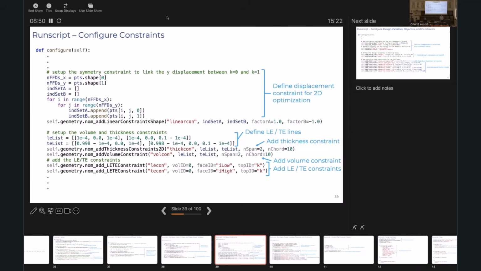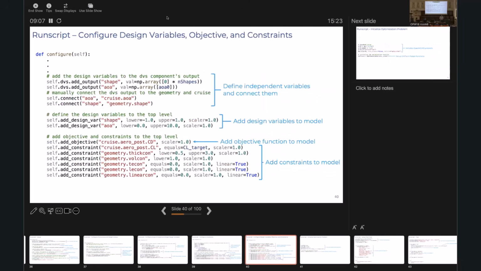We then again add the leading edge and trailing edge lines we would use for the constraints to make sure that we don't add artificial twist just by moving those FFD points up and down. And we add thickness and volume constraints like we mentioned before to make sure that that airfoil doesn't collapse in on itself. We add those trailing edge and leading edge constraints, and then from there, we can go ahead and